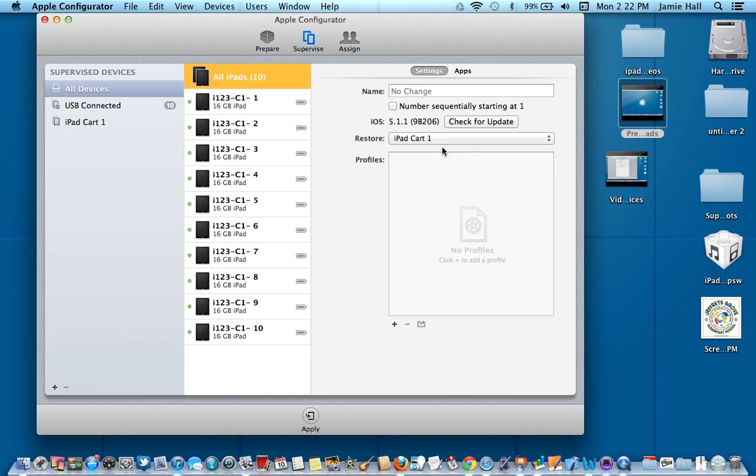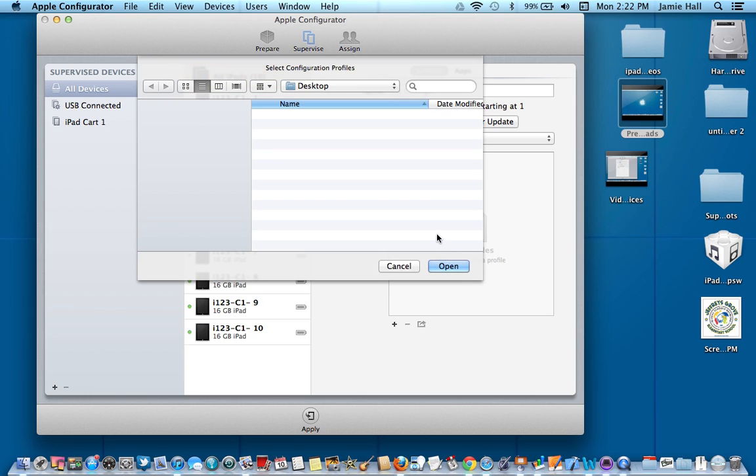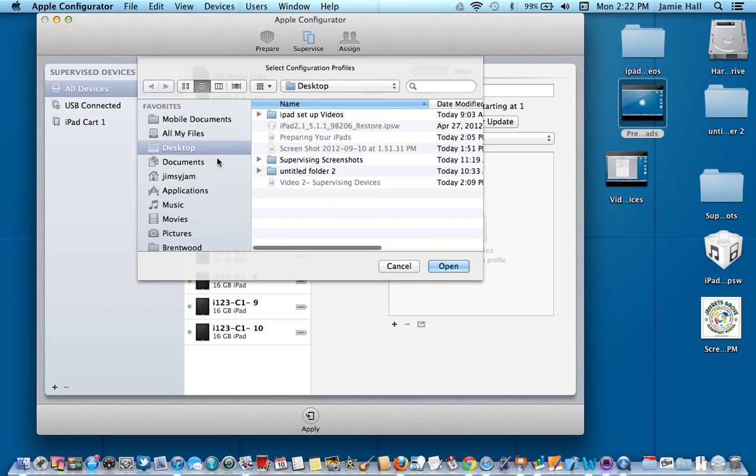So I know this is my restore here, and then I want to set a profile, and this profile will give you an email configuration that will allow you to email from the iPad. It won't accept email, but it will be able to email out from an address from our district. So I'm going to go ahead and add this. I'm going to import that profile, and I'm going to go ahead and locate that profile, which is going to be